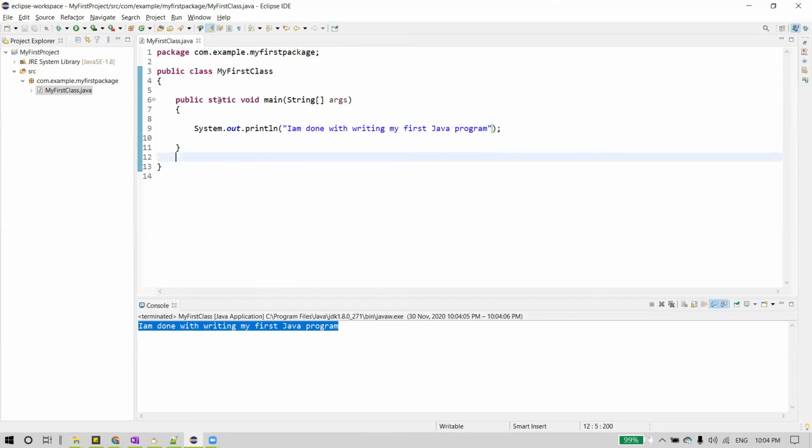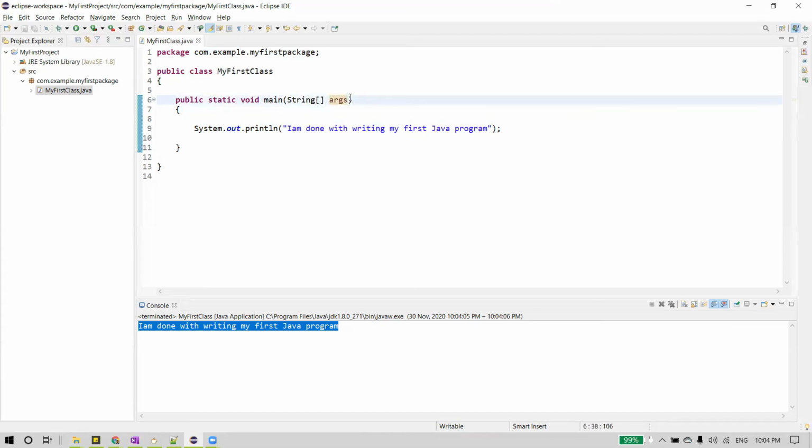So this is all about writing the first Java program. Now let's see the different ways of writing this method signature. When we are running this program, we can provide one or more inputs to it, and that will be captured by this parameter.